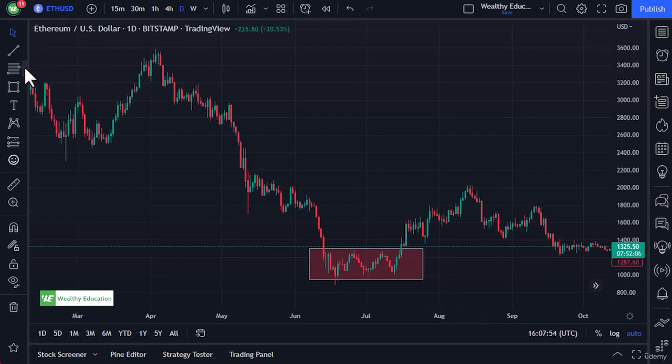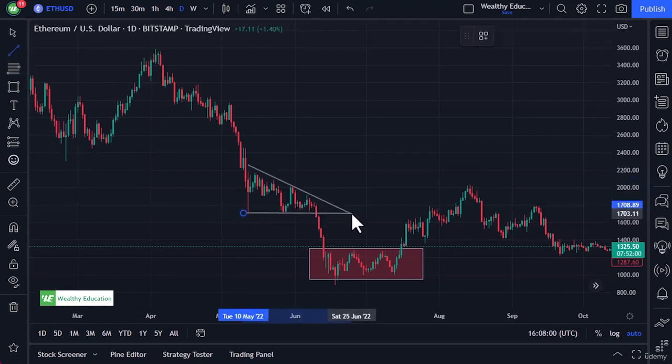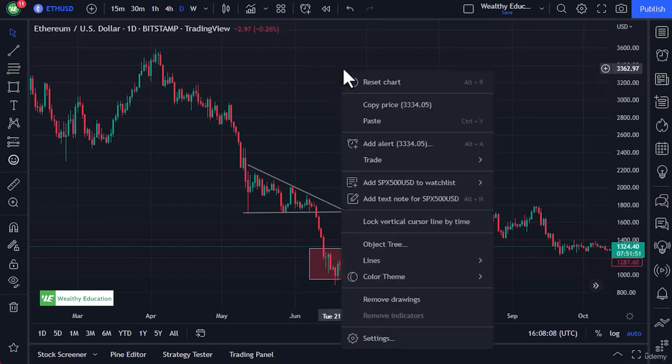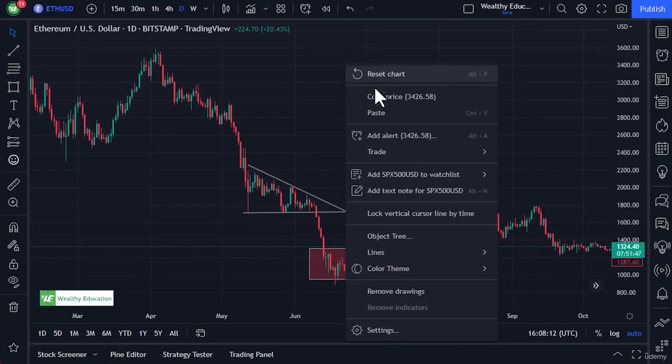Another one that you could point out on this chart is a triangle. This is what is known as a descending triangle. It's a very bearish or negative pattern. And you can see that we did, in fact, break down from there. So those are a couple examples of